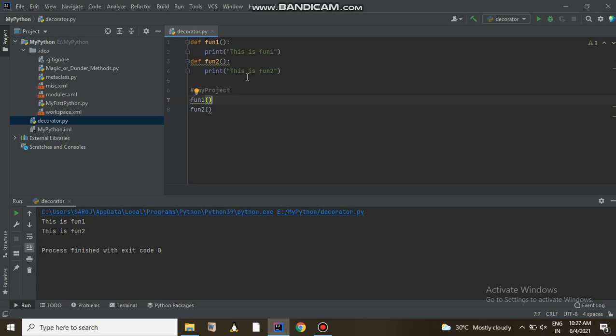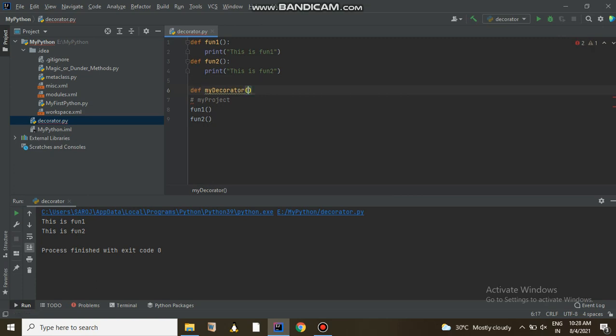Then what you will do is create a decorator for this, and inside this decorator you need to pass the corresponding function as one argument, right? Okay, so let me create a decorator first. myDecorator.